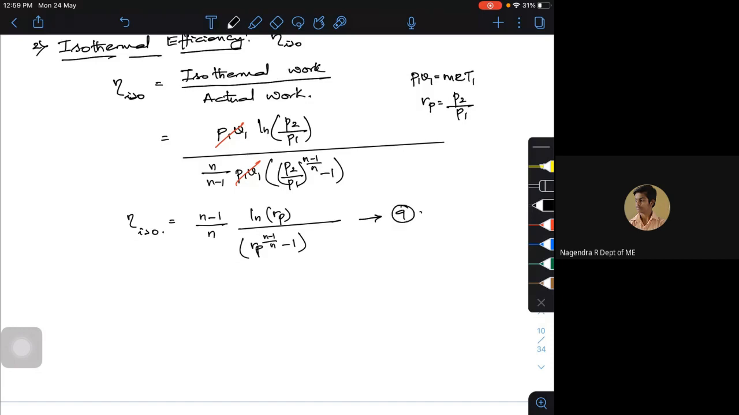Now this isothermal efficiency is very close to the ideal one, because the work done in isothermal compression is the least, but in an actual one it is much higher. Isothermal efficiency will be the highest possible efficiency for any kind of reciprocating compression, and the actual one, which is adiabatic, will be the lowest. So if the actual efficiency of any reciprocating compressor is 60